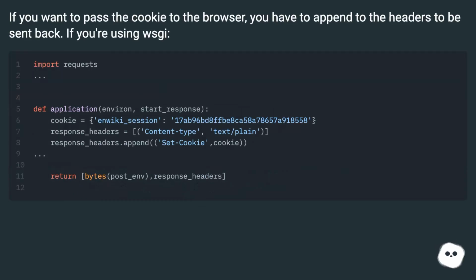If you want to pass the cookie to the browser, you have to append it to the headers to be sent back. If you're using WSGI,